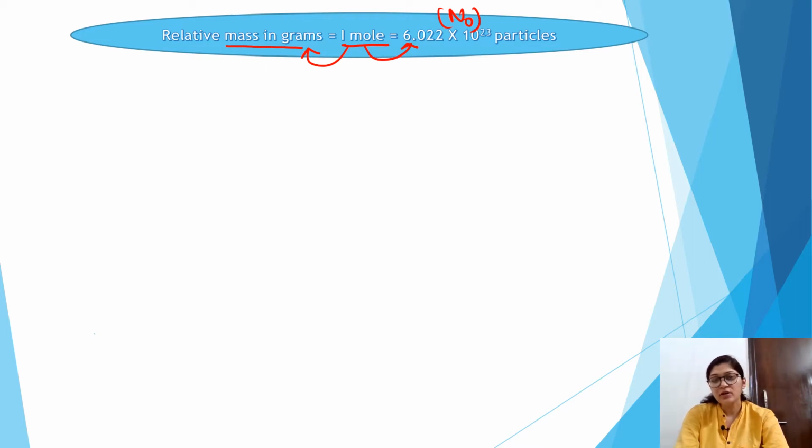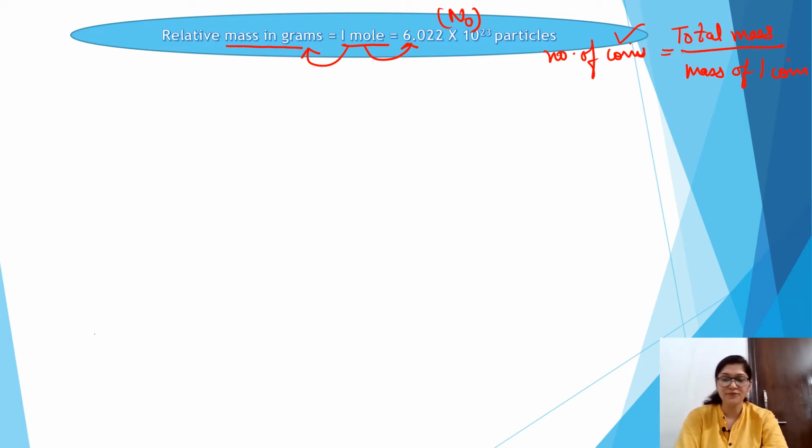See, whenever you go to a bank, if the banker wants to count so many coins, what is the procedure to count the number of coins? How will you count the number of coins? The number of coins can be easily calculated if you have the total mass of coins divided by the mass of one coin, right? The mass of one coin. Then the number of coins can be calculated.